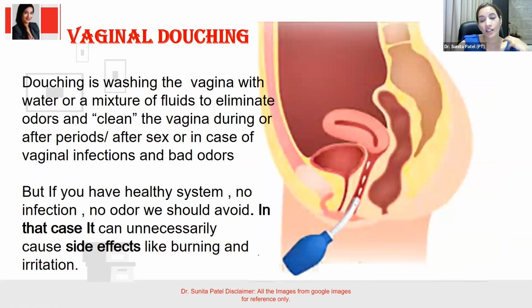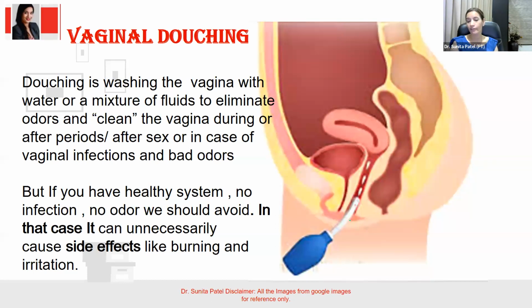Sometimes vaginal douching is one particular way to wash the vagina with water or some kind of antibacterial solution. Some females do vaginal douching, but don't do vaginal douching unnecessarily. If you don't have any unhealthy structures, any irritation, any infections, don't irritate your structure, don't do douching. But yes, if there are infections going on, burning inside the vagina,